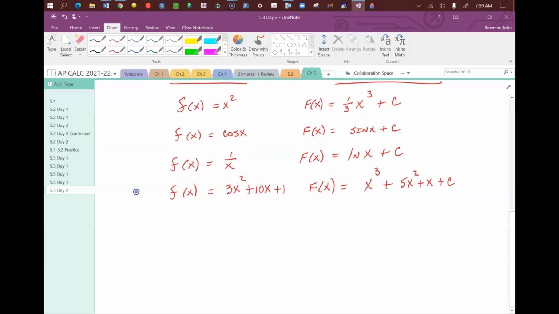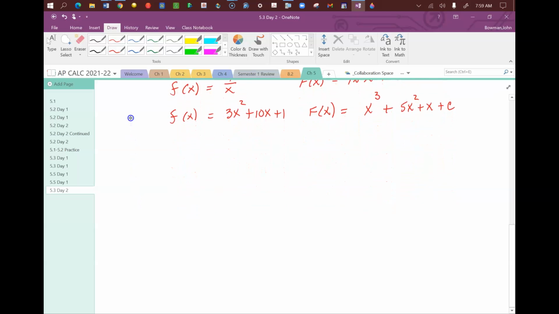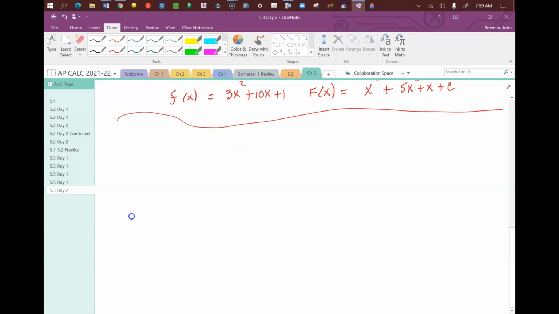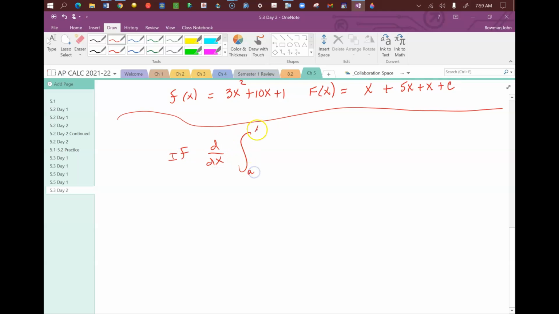So how does this help us evaluate integrals? Well, this next part gets a little bit heavy in terms of proof, but we're going to do it anyway. And it goes like this. If the derivative of the integral from a to x of f of t dt is equal to f of x, which is basically the fundamental theorem of calculus, then